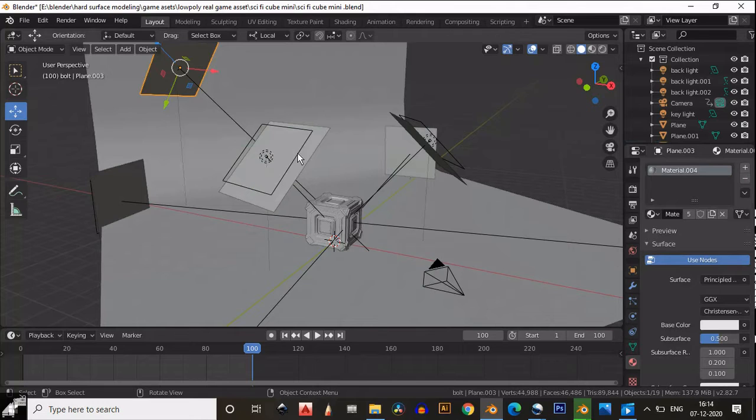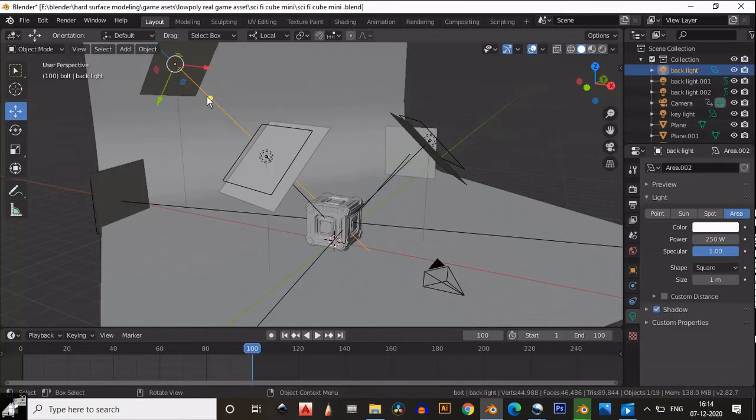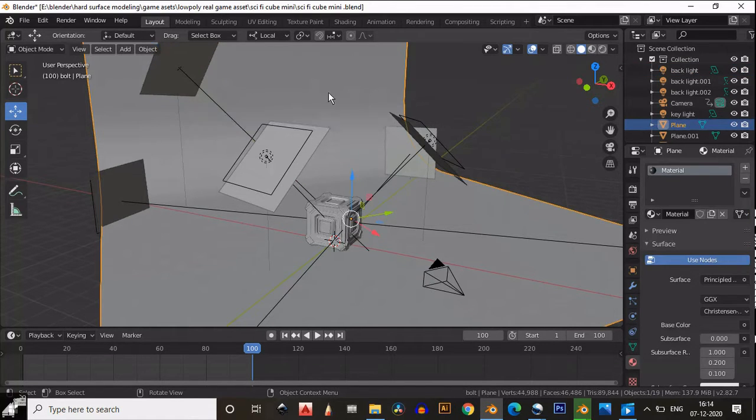Basically my object's background is black and my object also has a little bit of black color, so that's why I need to use 2 more backlights and I decrease their intensity. So this is the first backlight, and it has around 250 intensity, I guess.